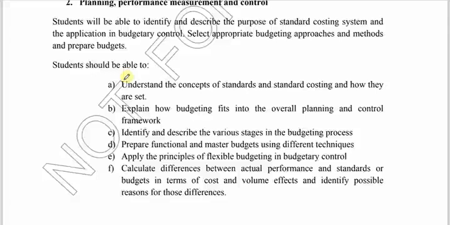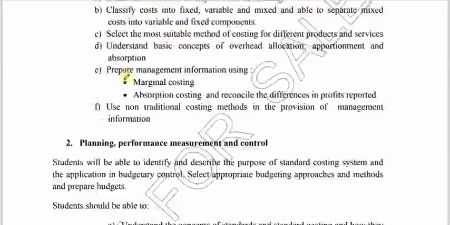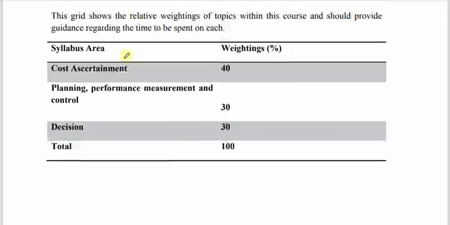prepare functional and master budgets using different techniques, apply the principles of flexible budget in budgetary control, and lastly, calculate the difference between actual performance and standards or budgets in terms of cost and volume effects, and identify possible reasons for those differences. So that's planning, performance measurement, and control, and that's covered in the next 4 chapters, and it covers a weighting of 30%,